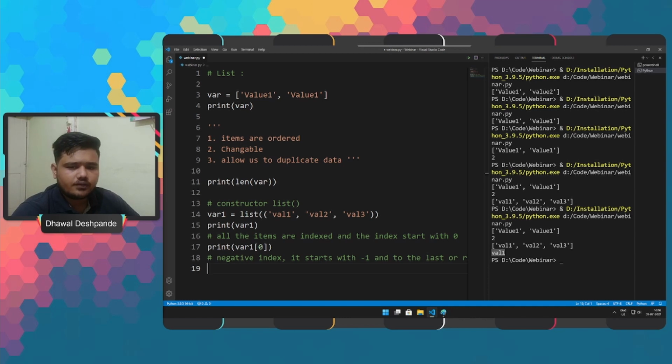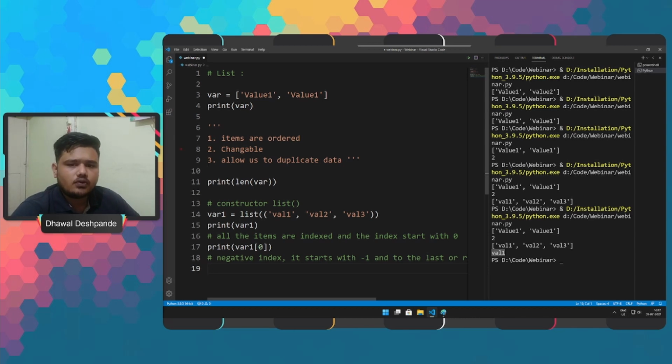So moving forward, we will go ahead and check the loop, the loop which we can use to loop through a list, right? To understand this, we have to understand the for loop as well, right? So these things we will understand when we discuss the for loop.